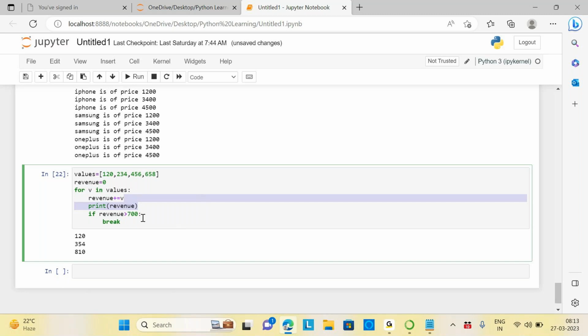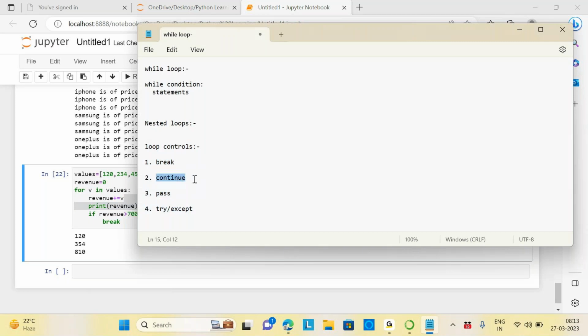This one statement is called the break. The second one is called the continue. Continue is something like a skip. Suppose you don't want to execute certain things. Then you can use the continue. So suppose